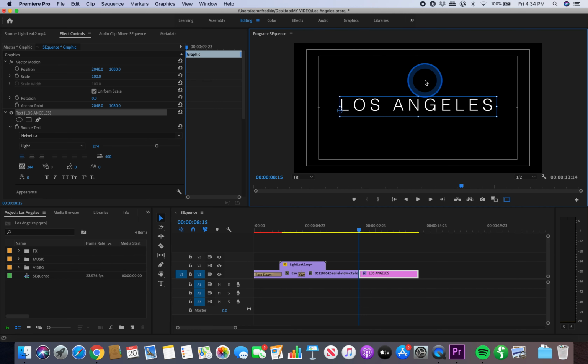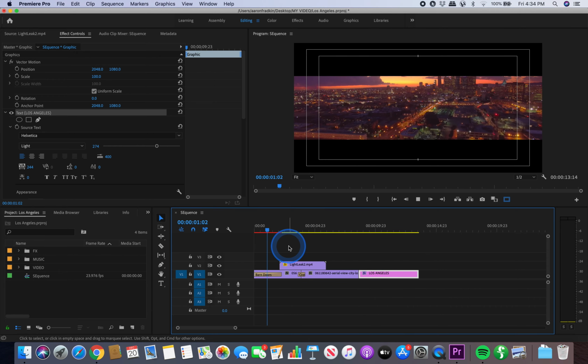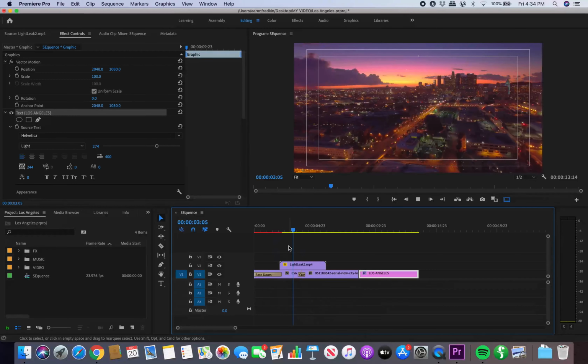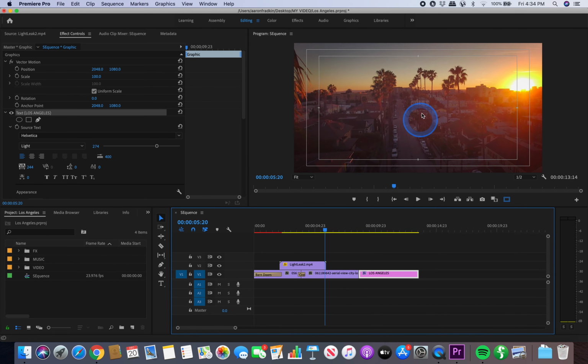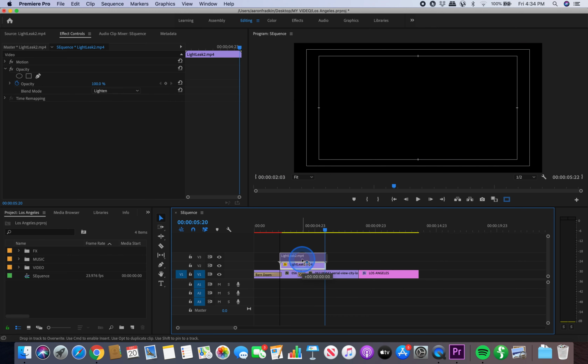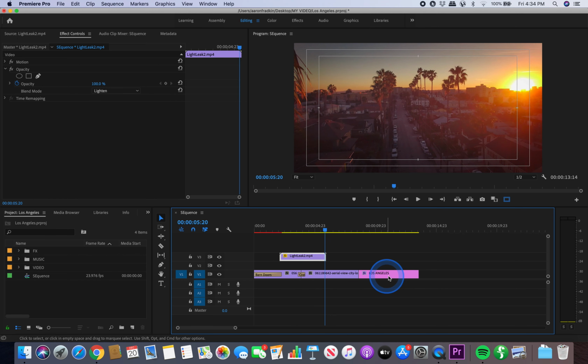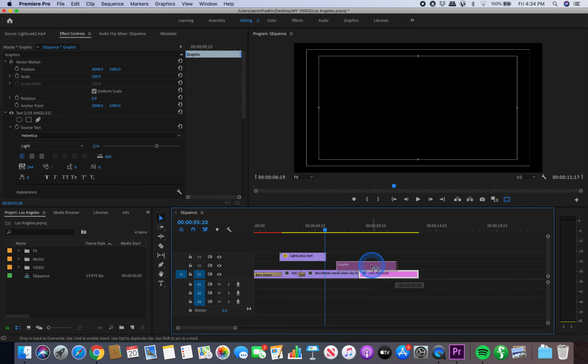So once we found where we want our text to live, let's find where we want the text to appear in the video. So if we play it through, we have our light leak transition. It might be nice to have our title appear over this second video clip. So because we want the light leak to appear on top of everything, the video and the text, let's move that one layer up to make room for our title effect, which will